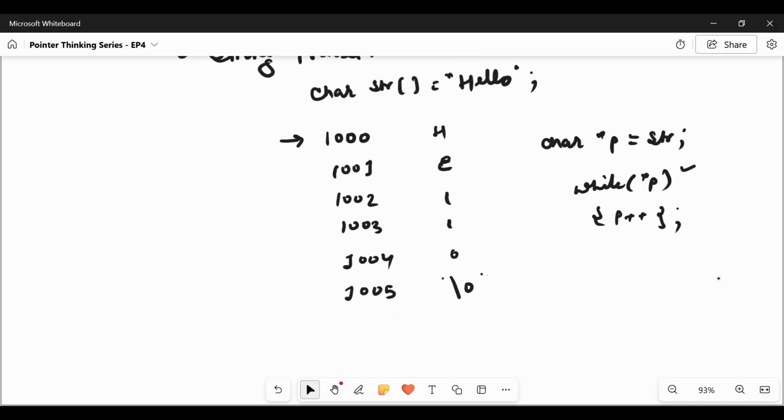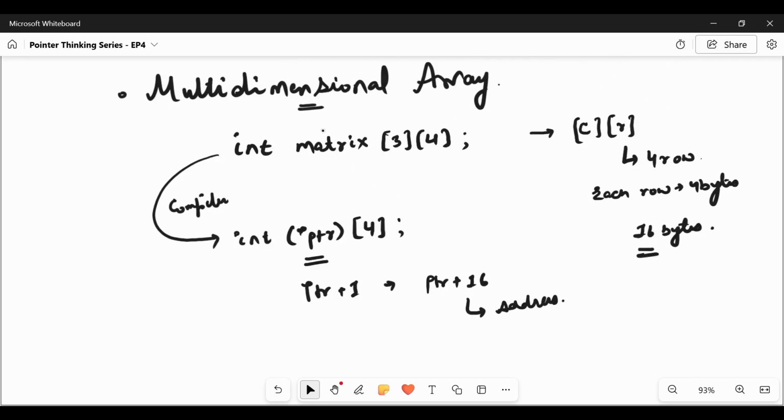Now let us move to multi-dimensional arrays. We have taken an example int matrix which is 3 by 4, so it is a matrix of 3 columns and 4 rows. Each row is 4 bytes because we have the integer data type, so total size will be 4 into 4, that is 16 bytes. Whenever a compiler sees this multi-dimensional array, it will convert it into a pointer to an array of 4, that is by the row.